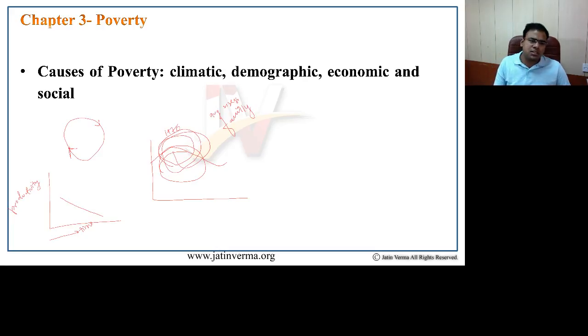The joint family system is yet again considered one of the causes of poverty in India. Actually, the joint family system does provide you with social security at the time of need. However, such social security is present only when you have some asset, and as I said, asset holding differs between people belonging to the upper caste and the lower caste. So having a joint family becomes a burden for the lower caste, and as a result the family size again increases.